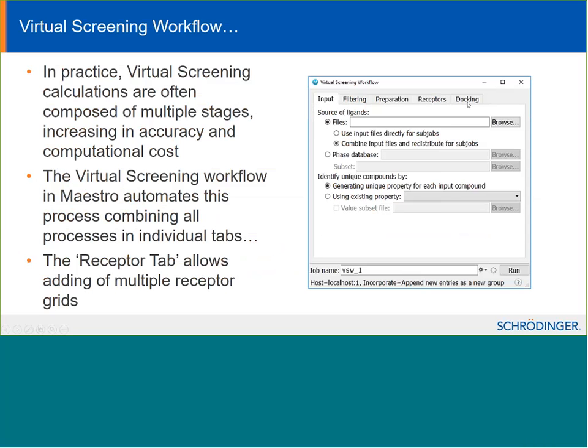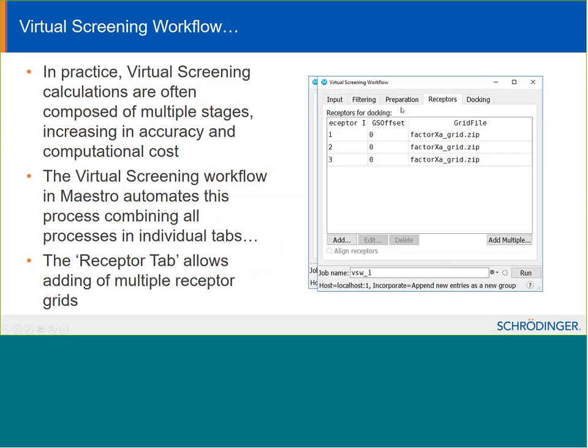You see the multiple tabs along the top here, for input and preparation of things, filtering of things, preparing the receptors, adding multiple receptors. And this is an example of where we have multiple receptors added just simply using this add button here. It's not a particularly good example of factor 2A, but you can see that there's 3